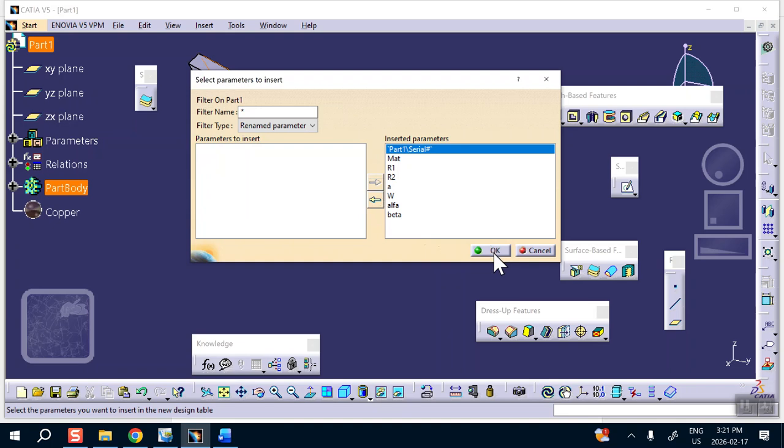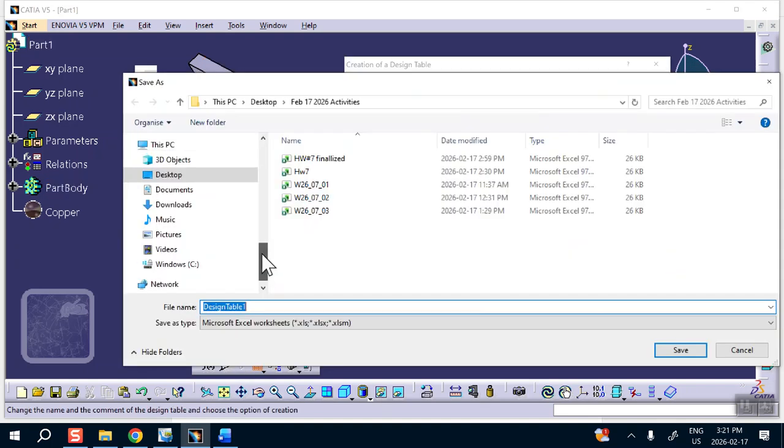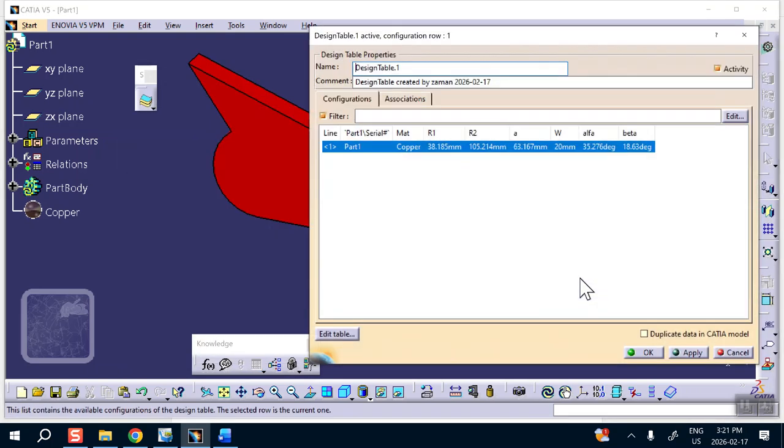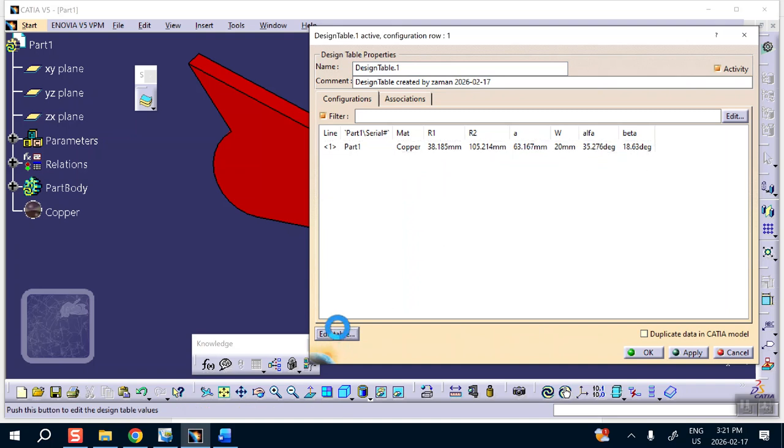And then as soon as we say okay, it asks where you want to put it. So I'm going to put it in my assignment number 7. All right. And assuming we didn't make any mistakes here, this part of the design table appears right there. Copper, remember the dummy material that I put, and these are the parameters that I've used. So if you want to say edit table,